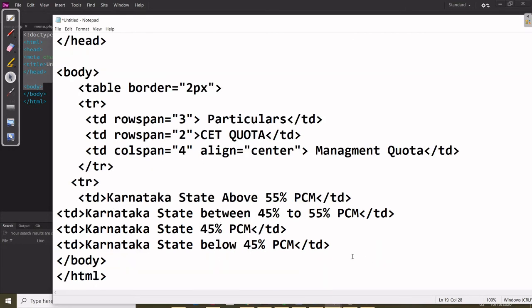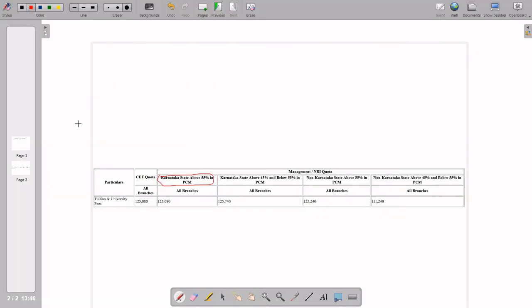So this is the fourth data, that is the second row. Done. Then close the TR. Right? Now the second part is done. Second row is done. Now coming to the third row. Third row, this is your first value. 1 2 3 4 5, because one row is already merged along with the particulars. So this is again the first value. But how many data? TD 5. 1 2 3 4 5.